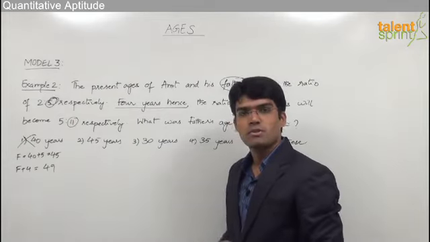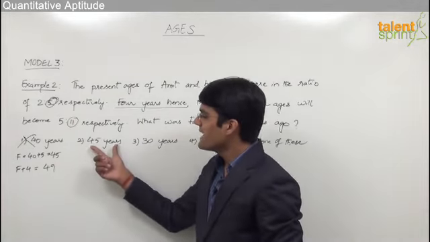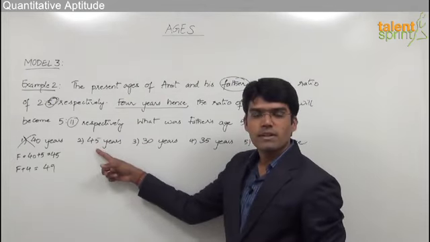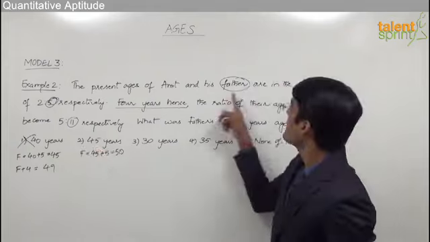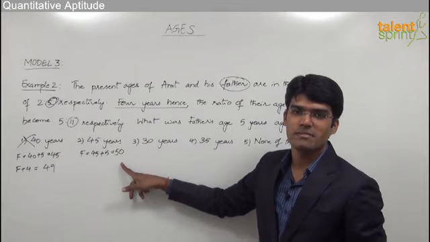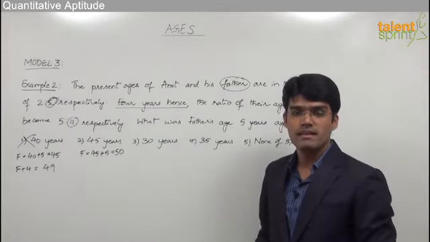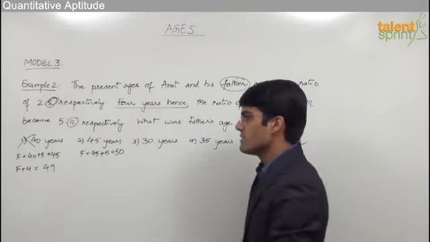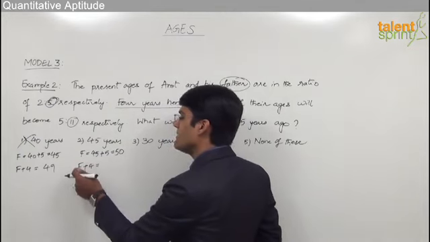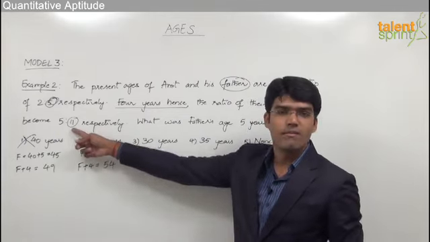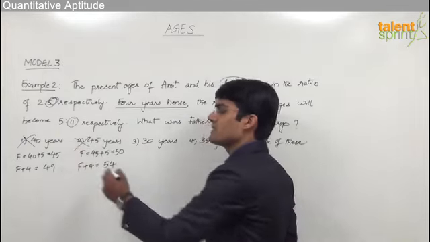Let us now look at option number 2. Again in option number 2, father's age 5 years ago is given as 45. So father's present age can be taken as 45 plus 5, which is equal to 50 years. And 50 is a multiple of 5, because we know that present ages should be a multiple of 5. So present age here is a multiple of 5. So now we can proceed for the second condition. As per the second condition, 4 years hence, father's age should be a multiple of 11. So after 4 years, father's age will be 50 plus 4, that is 54 years. And 54 is not a multiple of 11. So very clearly, even option 2 is wrong.